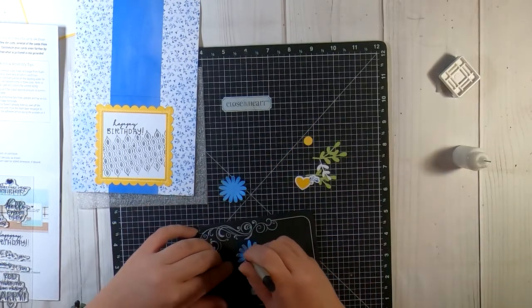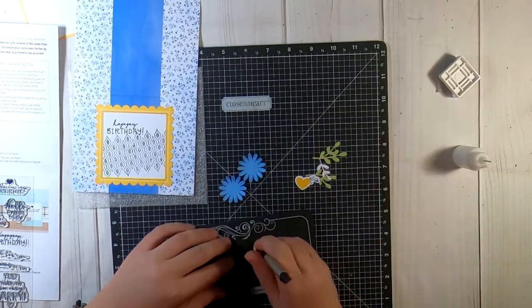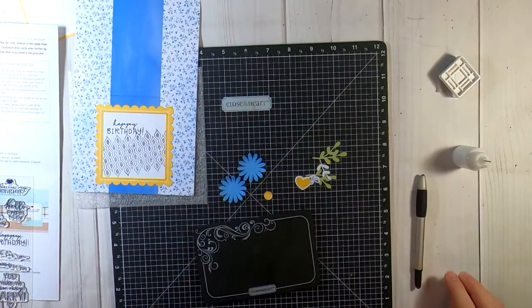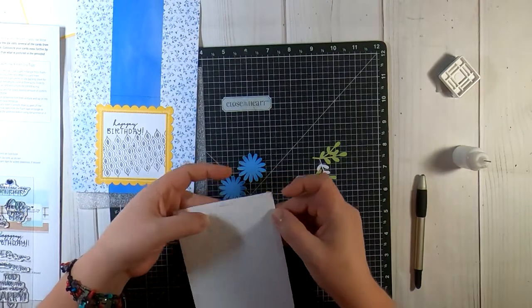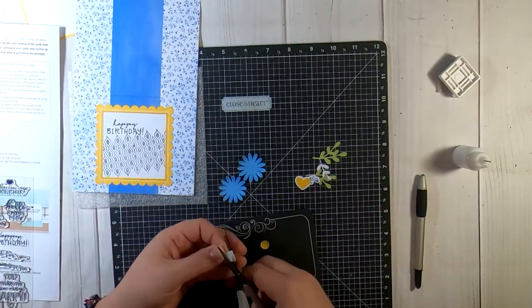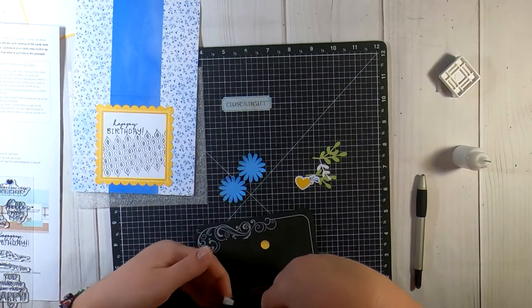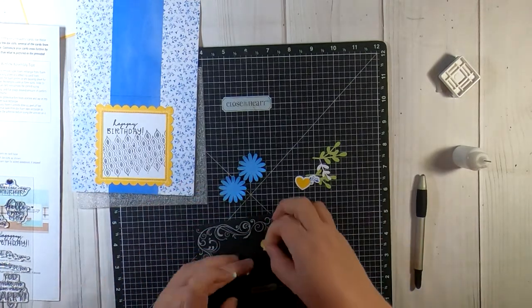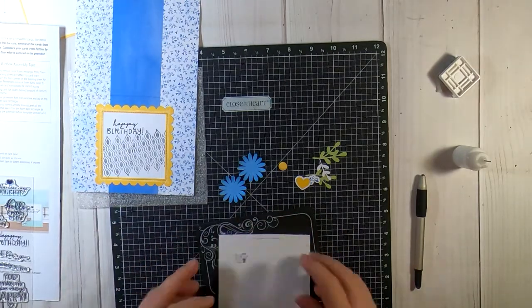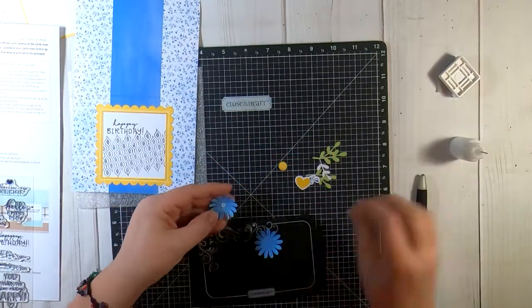Close to My Heart used to sell it years ago, but it's a mouse pad kind of foam, or even the craft foam would work, but I would use 2 layers. So now I'm grabbing some of the foam tape that comes with those shaker elements, and I like to put foam on the inside of the daisy. It just gives it a nice little height to it, and I don't want to say it makes it look realistic,